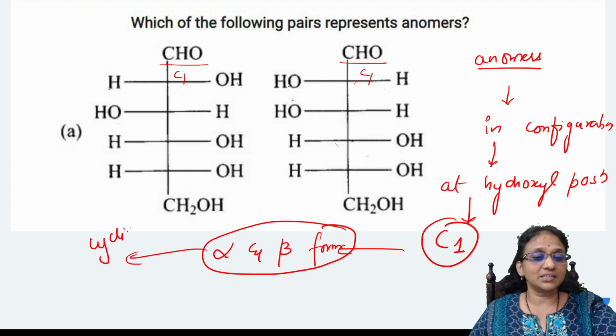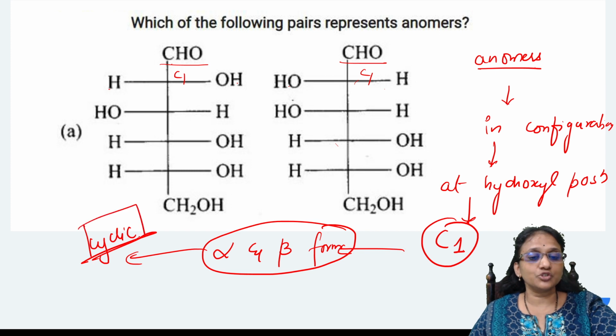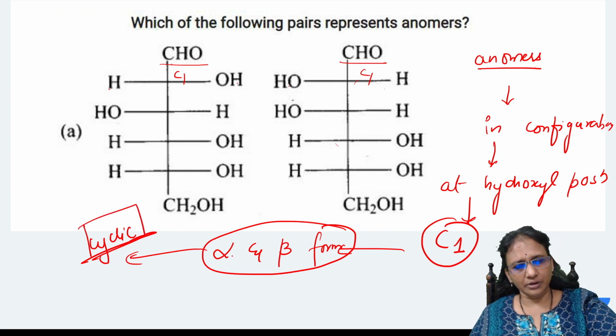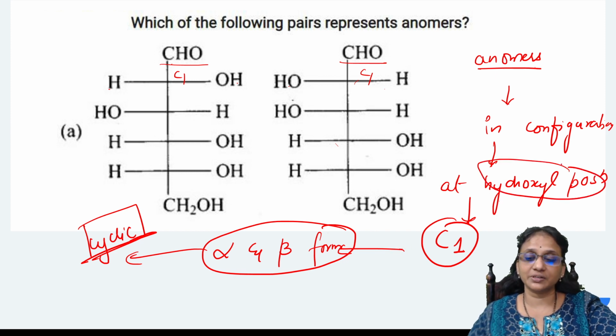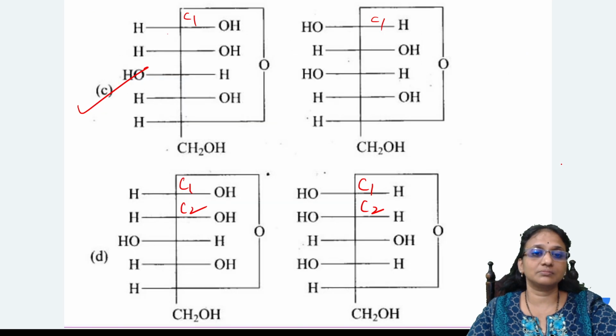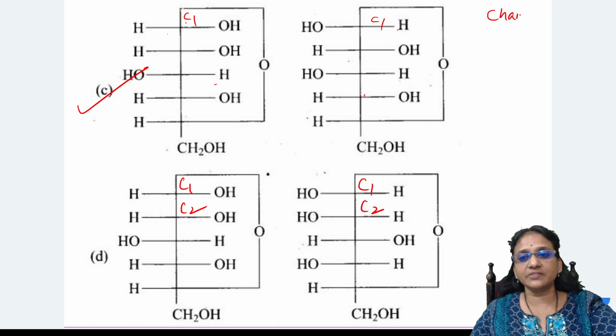So cyclic structure, condition 1, it should differ at the alpha position. Condition 2, at C1 carbon. Condition 3, change of the hydroxyl positions. That's the thing. So this is the option. Change in the C1, cyclic structure. I'm writing change in C1,